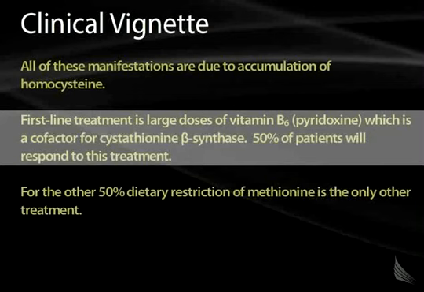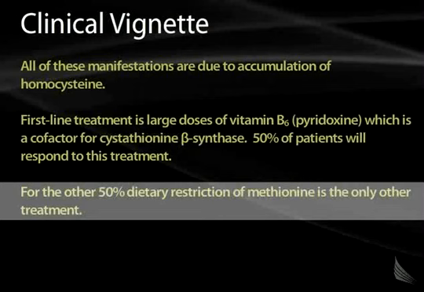The first-line treatment of this disease is large doses of vitamin B6. Vitamin B6 or pyridoxine is a cofactor for cystathionine beta synthase, and 50% of patients will respond adequately to high doses of pyridoxine. For the other 50%, you have to give them a protein diet which is low in methionine. So this is the end of the lecture on brand